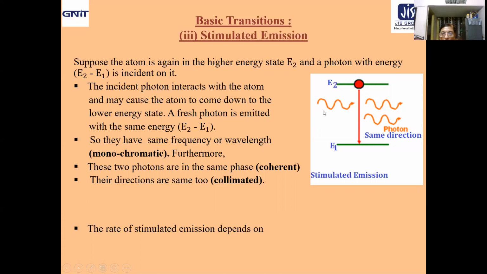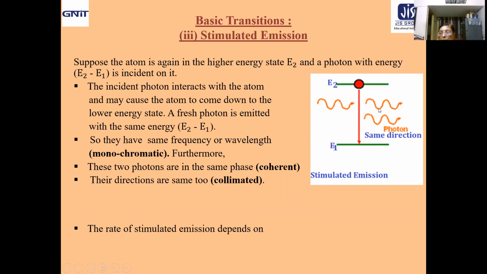That means in the presence of the stimulating agent, the photon, the emission becomes possible, the radiation of a photon through the atomic transition from E2 to E1. Here, a fresh photon is emitted with the same energy. That means one photon is present in the system, but that photon's energy is not absorbed by the atom because its energy is more than this photon. So when the atom comes down to the lower energy state,